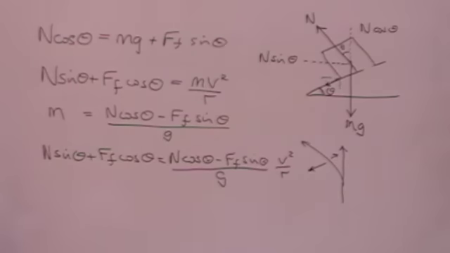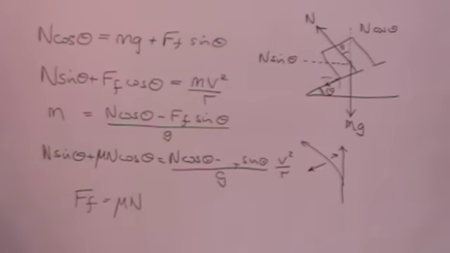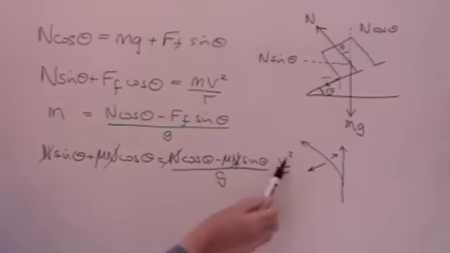And now let's just remind you that Ff, the maximum frictional force, is always mu N, the coefficient of friction times the normal. So I'm going to replace Ff in the two places where you find it. I'm going to replace that by mu N. And here, mu N. Now you'll notice that N features in all the terms, so that cancels. And now I've got for v squared,